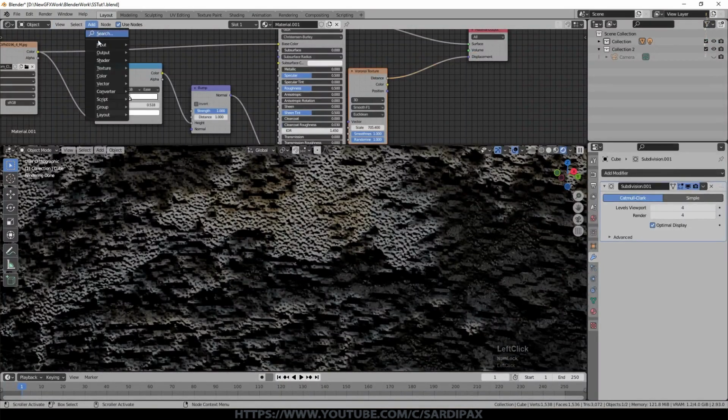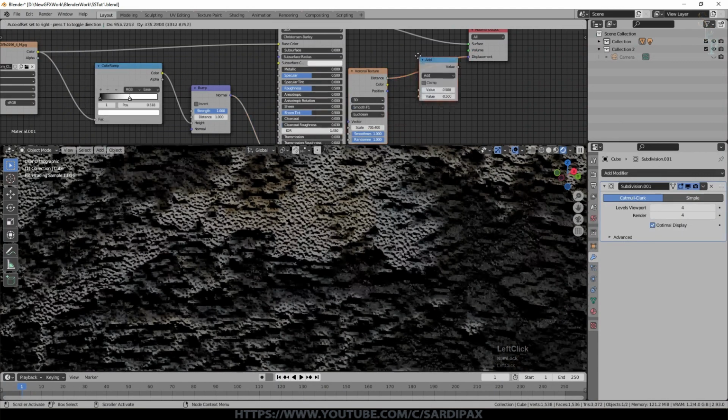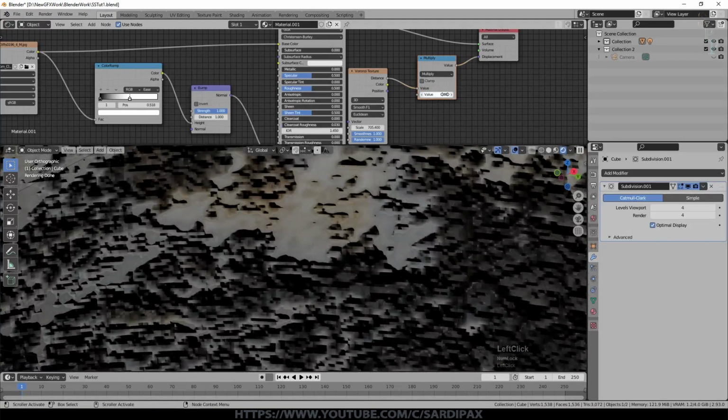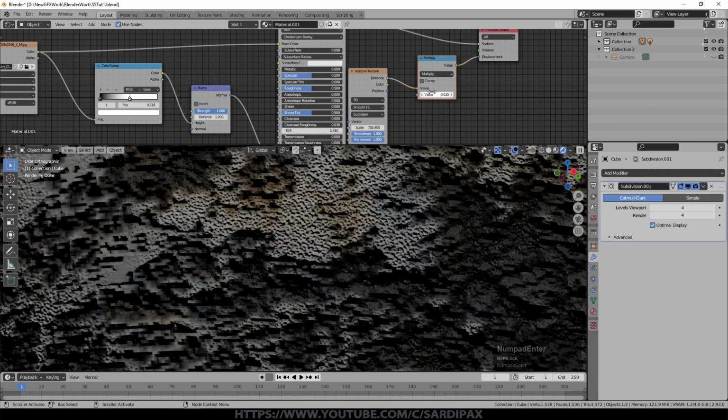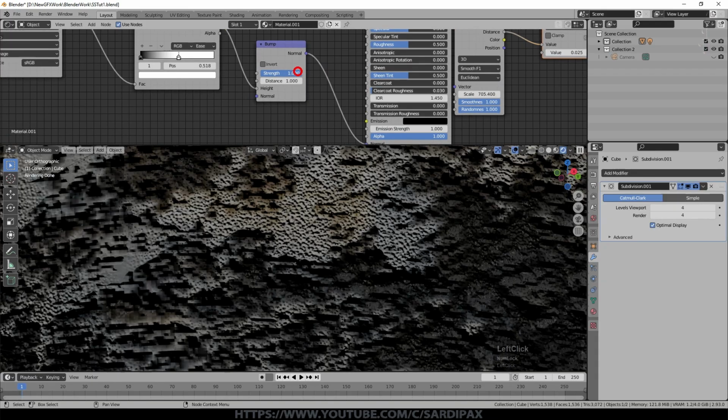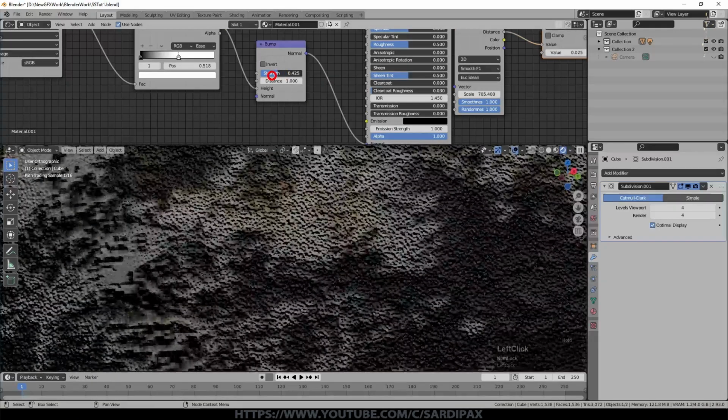And then we can add usually a math node set to multiply, and then we can just turn the depth of that texture down. See, that's naught, and you normally don't need very much. Even at 0.025, that's quite significant enough. And the strength on this texture probably doesn't need to be quite as high either.